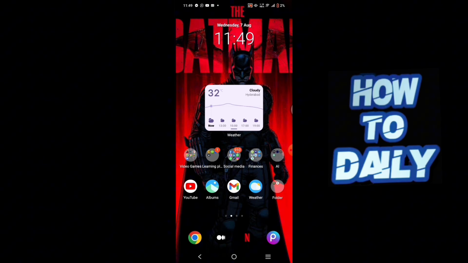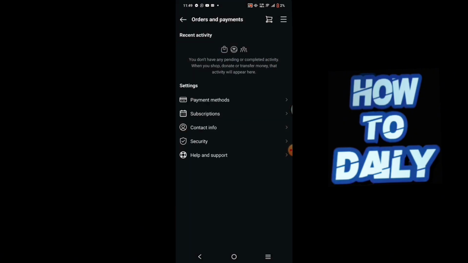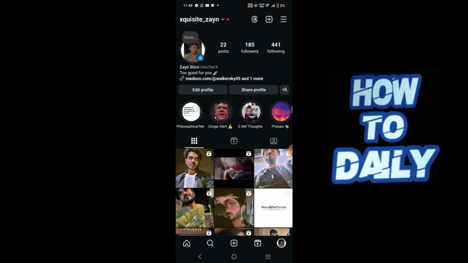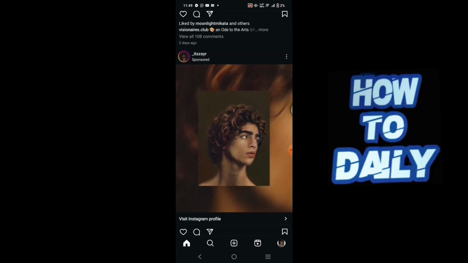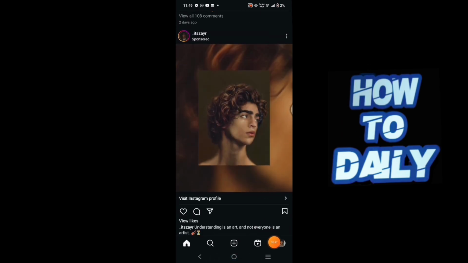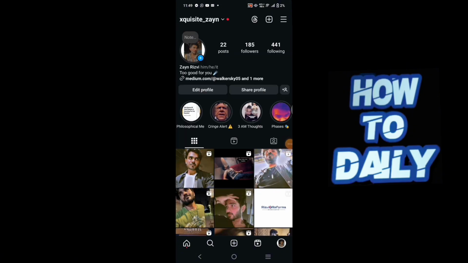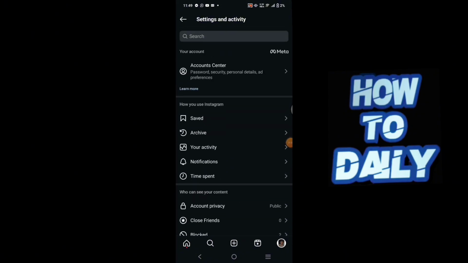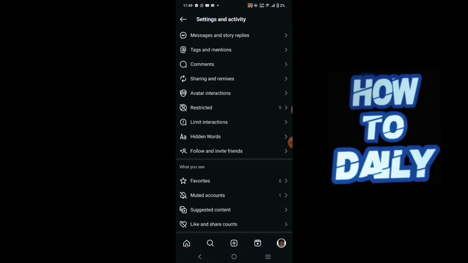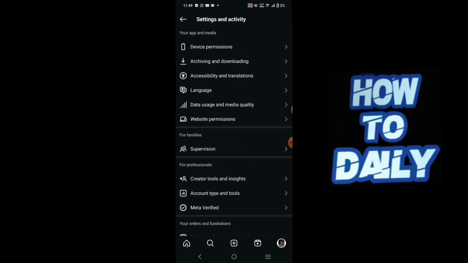First thing that I'm going to do is open up my Instagram app. Once I've done that, I'm going to tap right here on my profile icon at the bottom right corner of the screen. Now that I'm in my profile, what I'm going to do next is tap on these three lines at the top right corner of the screen. Now I'm going to scroll down a little bit and look for an option that says